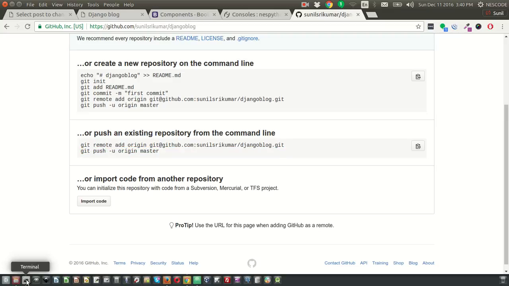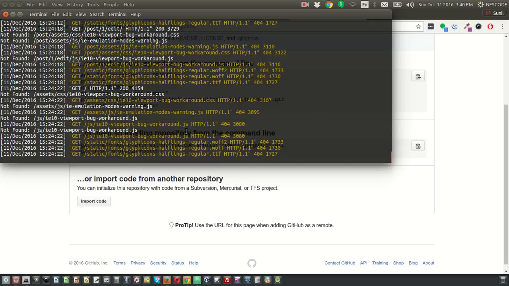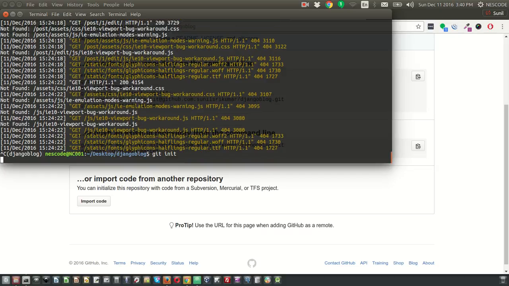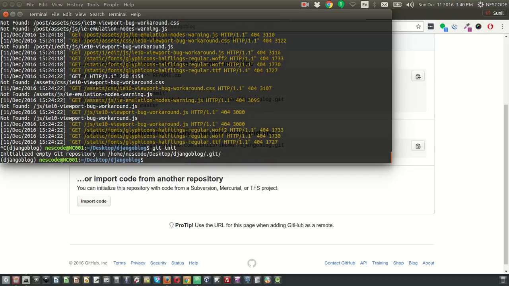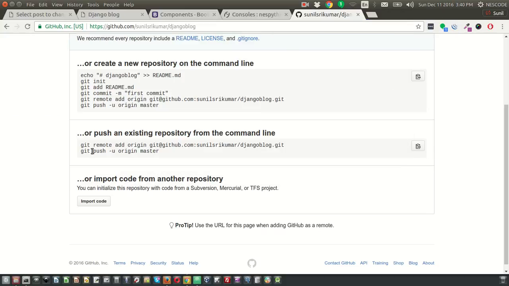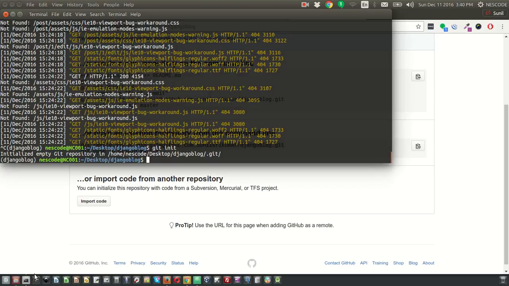So we are going to open the terminal and close the server, and within the project folder, we are going to say git init, meaning initializing git. The moment you initialize git, you have a URL already configured here. So let's copy this particular line and paste it on the terminal,